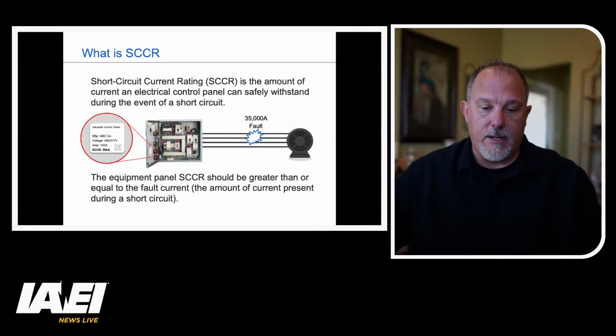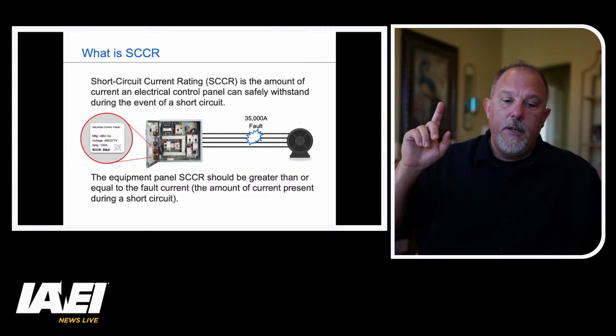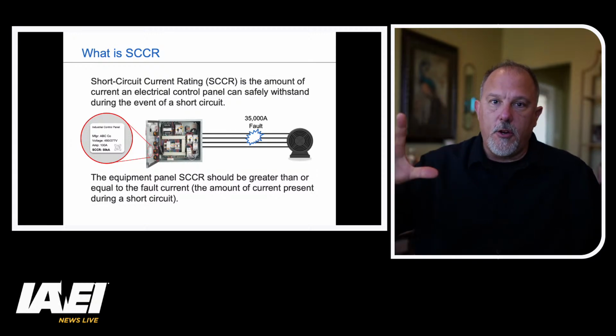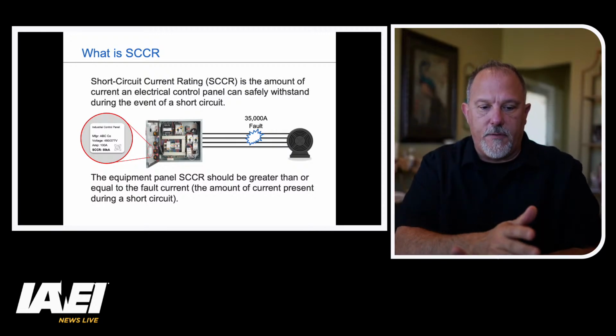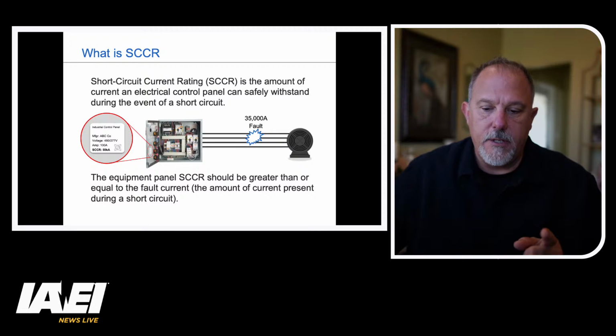So a short circuit current rating now. A short circuit current rating of an industrial control panel is not a simple thing. There is a lot to be considered when you're dealing with short circuit current ratings. Here's an example of what I'm talking about. A short circuit current rating of an assembly is not the ability of the assembly to stop the flow of current. It is